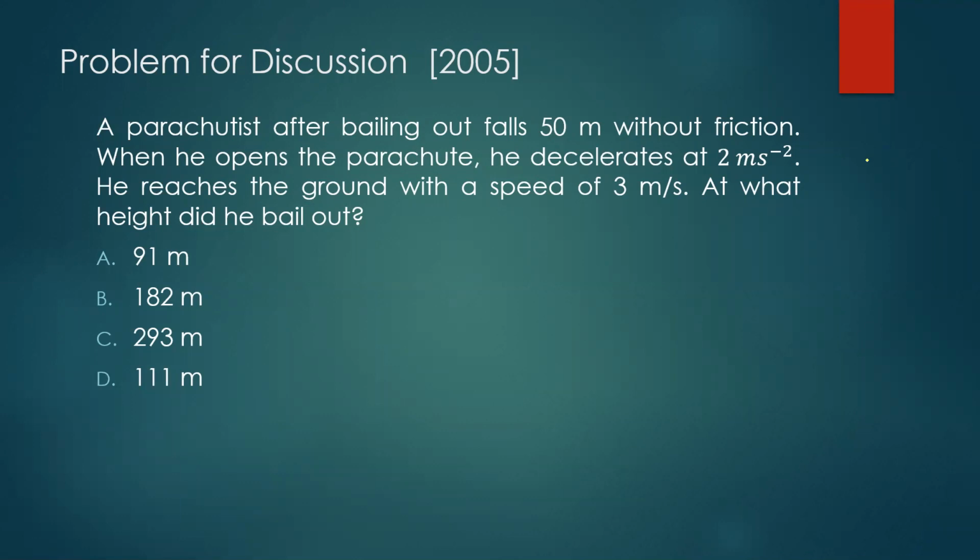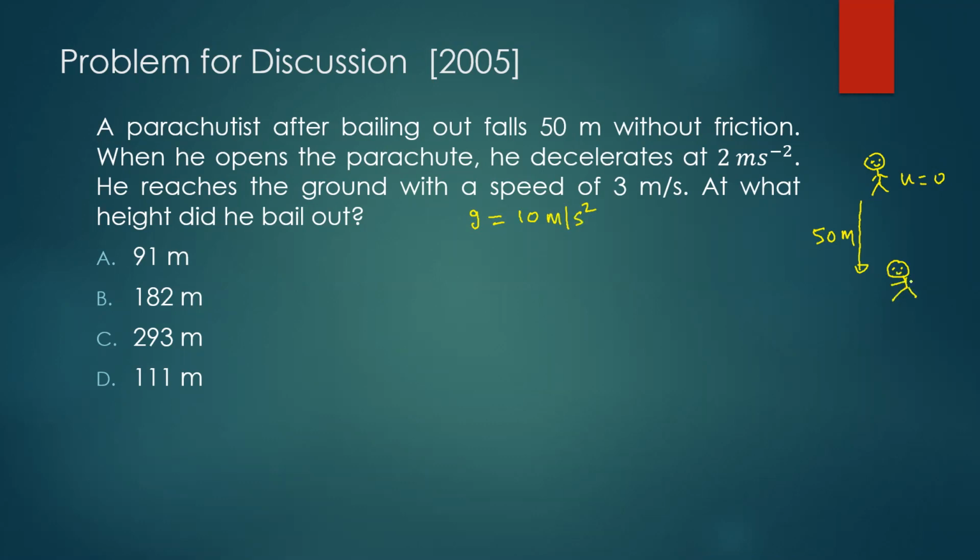Okay, so let's say he jumps off. He has a parachute, but he's unable to open it for 50 meters. So he is under free fall for 50 meters. Now, initial velocity is 0. If I take g as 10 meters per second squared, we'll have to find the moment he is able to open the parachute.